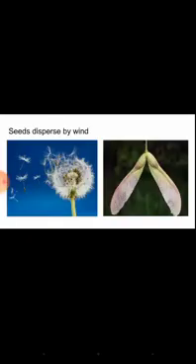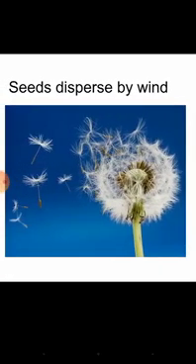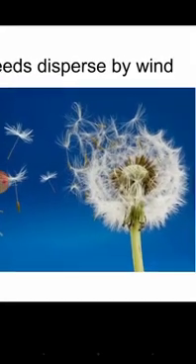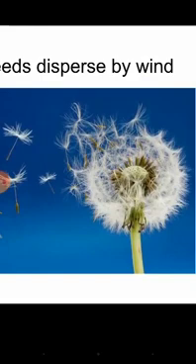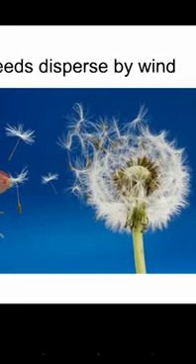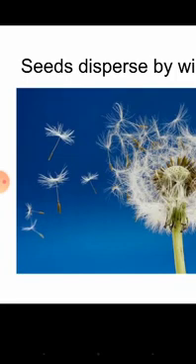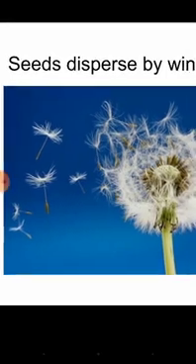Look at this picture. In the first picture I have given an example, that is dandelion. In this picture you can see the plant having a lot of seeds attached to the stalk of the flower. It is dried off, and the dried seeds are brown in color. It has a hair-like outgrowth. This hair-like outgrowth helps the seeds to fly off when a heavy wind is blowing, carrying them away in the air.